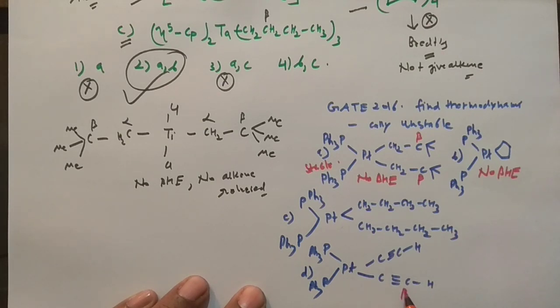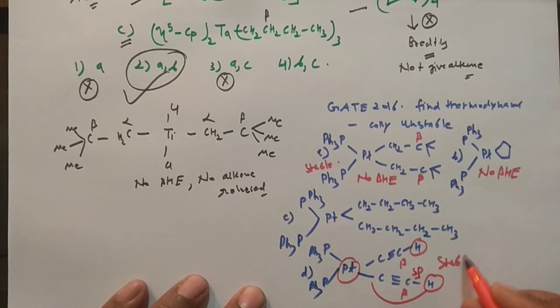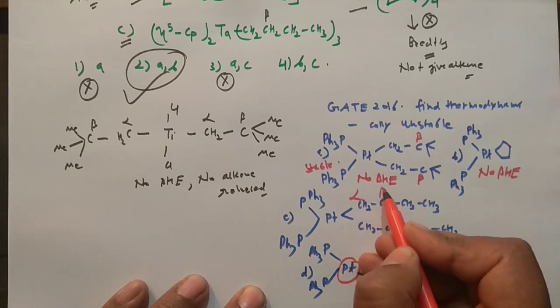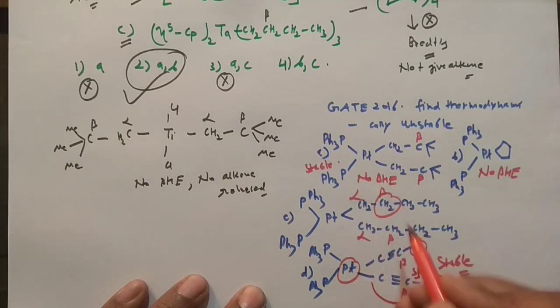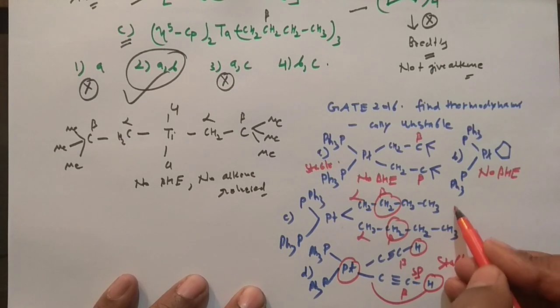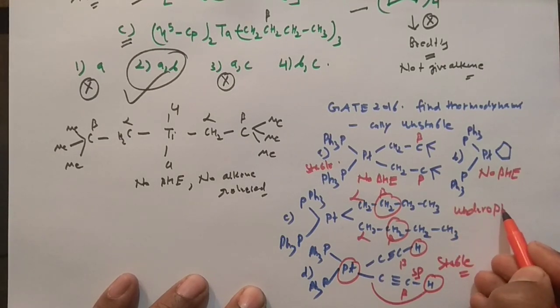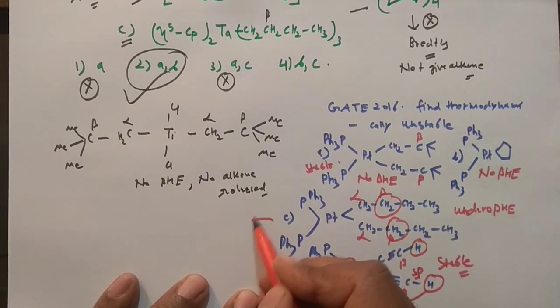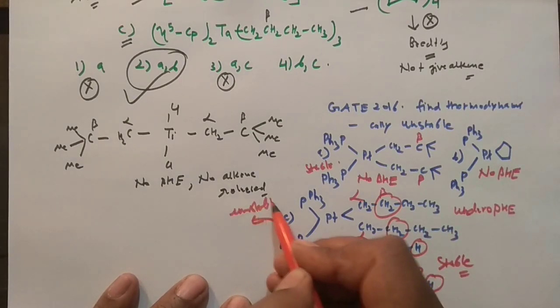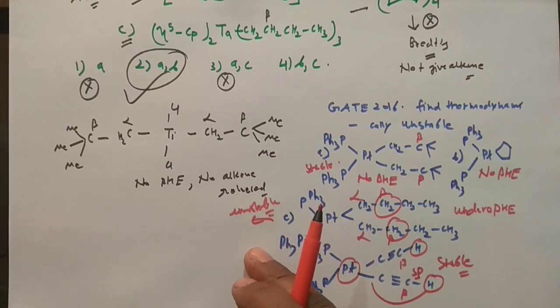And you can see this is beta, this is beta. Although both have hydrogen, this is an sp carbon, and platinum is placed trans to this one, with no cis coplanar reactivity, so this will not undergo the reaction. It's a stable one. Now this is alpha, this is beta, this is alpha, this is beta: 2 beta hydrogens, sp3 carbon, cis coplanar reactivity, it will undergo beta hydride elimination reaction. That's why it is unstable. So C is unstable, and option C is the correct answer in that case.